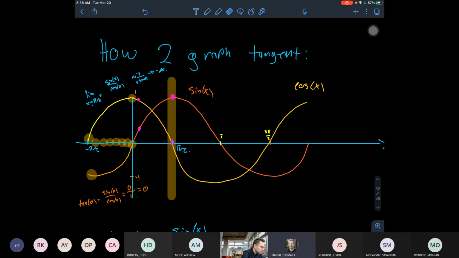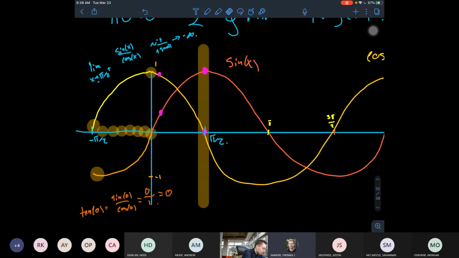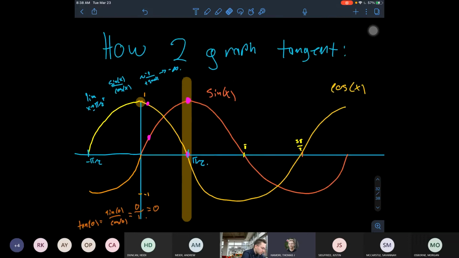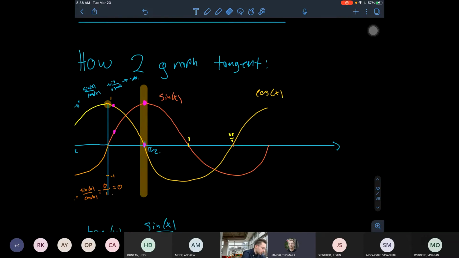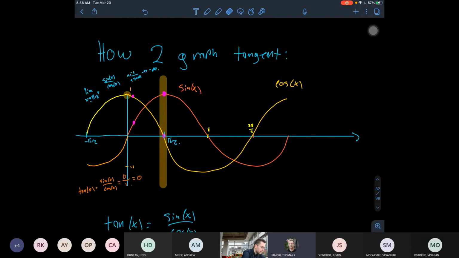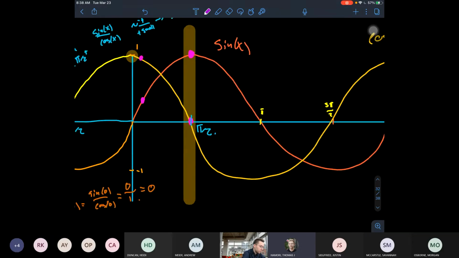Okay, so let me clean this up a little bit and say a bit more about this. So what we said we were going to do is, well, okay, if we want to graph tangent for a given point, so let's consider this yellow highlighted region here. Okay, so this x value, which corresponds to pi over 2. Okay, so x value of pi over 2. Well, if we want to know what does the graph of tangent look like at that point,